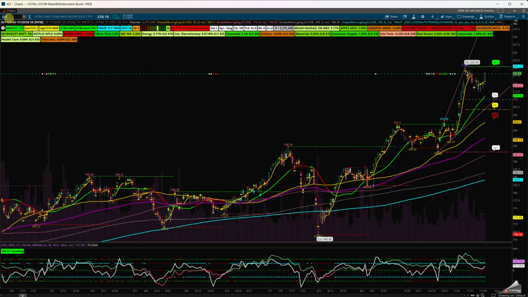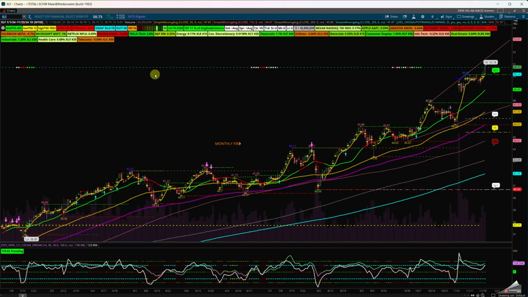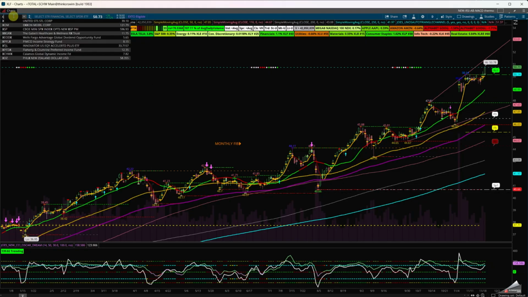We can see that we are trying to make a new high again in XLY, consumer discretionary. Pay attention to that. I want to look at XLF, the financial sector. You can see that the financial sector has a nice gap from here to here, which we are aware of. When we came back down here, we consolidated for a week, we broke up. It is getting a little bit overextended, but the CCI, as you can see, is trying to turn back up. Pay attention once it gets to the 200, or do we reverse from the 150 back down? Pay attention to the XLF if there's going to be still continuation and grind.